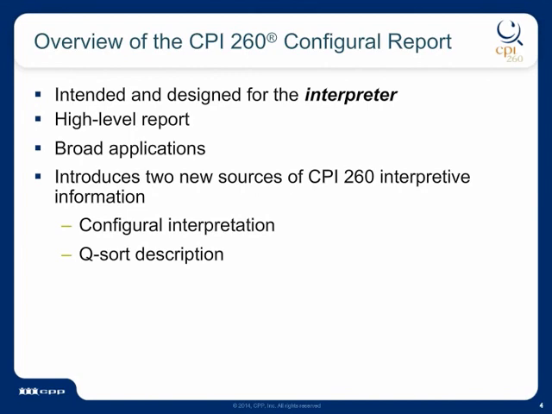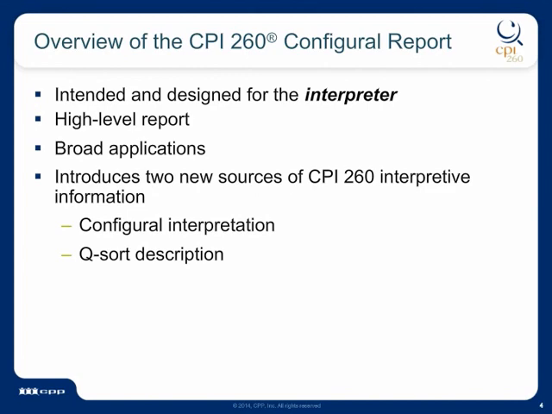Interpretive descriptions are data-based and general in nature, allowing broad applications of the CPI 260 assessment beyond just business organizational settings. In addition to organizational applications, the CPI 260 Configural Report can also be used for individual consultation,